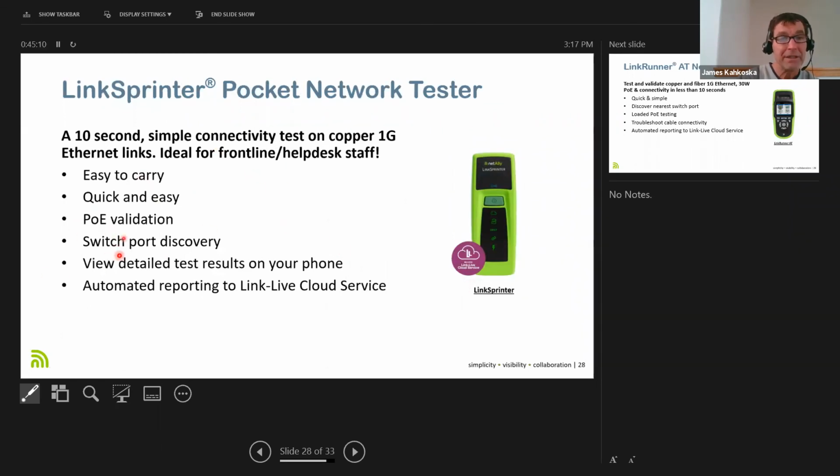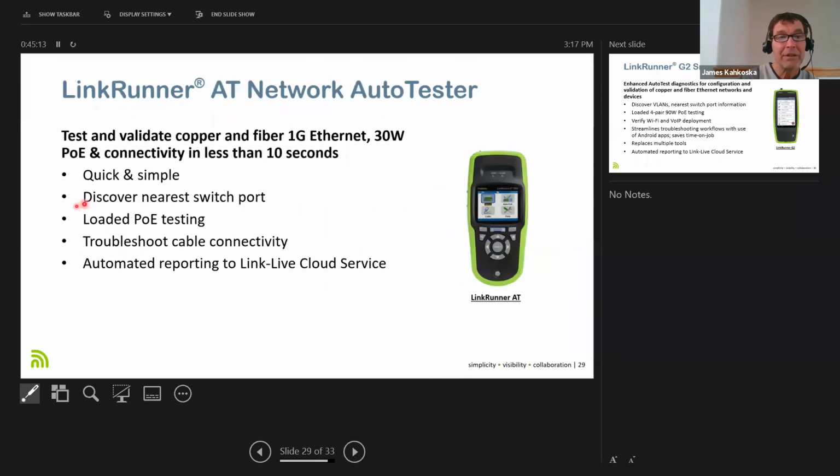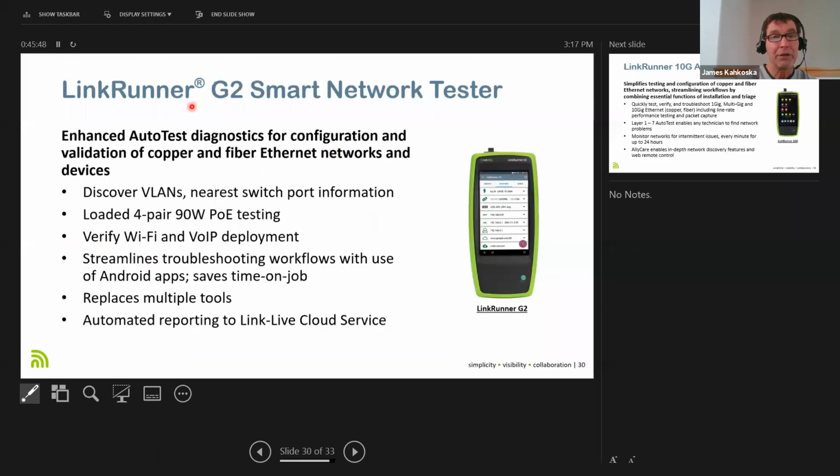We already talked about this. Link Runner AT, nearest switch. It loads PoE up to 25 watts. It's a little bit older product. Almost all of our wireline tools that I'm showing here have the ability to do cable testing. So they can do TDR, they can do pin for pin wire mapping, they can do toning, and on the toning they can do either analog tone with a couple patterns there, or they can do digital toning and teletone, and that works with the Fluke probe. And so Link Runner AT, Link Runner G2, kind of one notch up, bigger screen, touch screen,